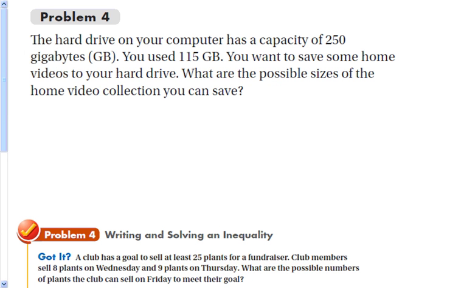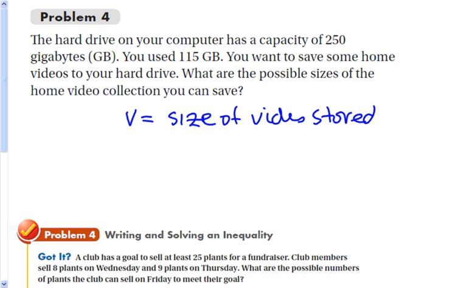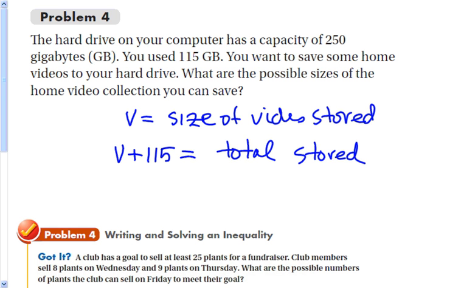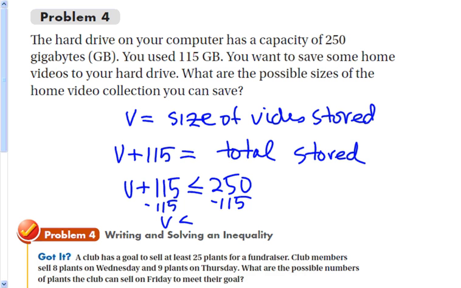All right, problem number 4, applying this. We're going to let B equal the size of the video stored. And we're going to let B plus 115 is equal to the total stored on the computer. And then we can write an inequality that says that my videos plus the stuff I already have on there has to be less than or equal to the total that the computer can hold, which is 250 gigabytes. If I solve that, I subtract 115 from both sides, and I get B is less than or equal to